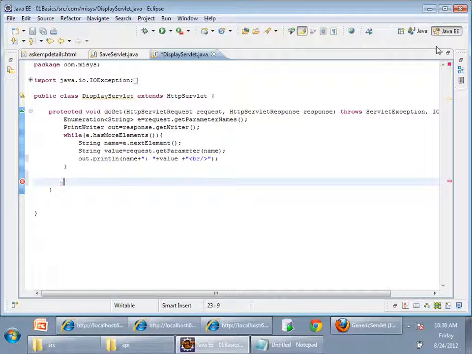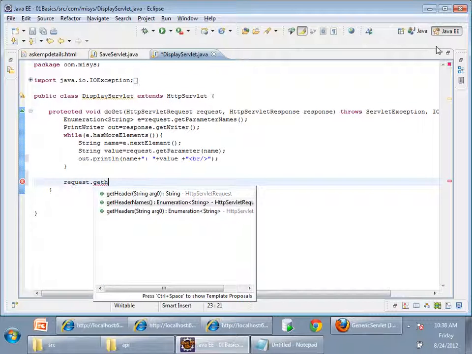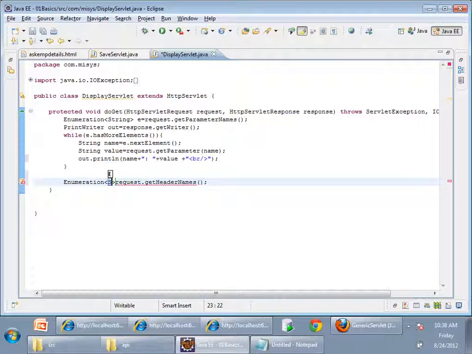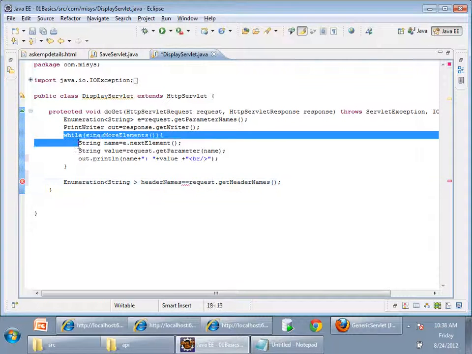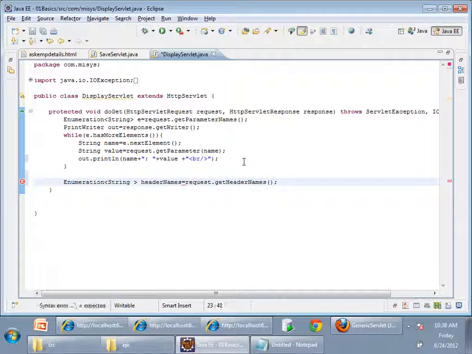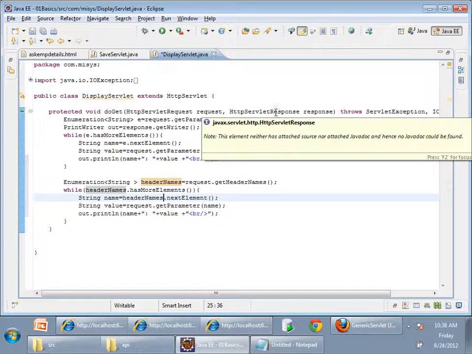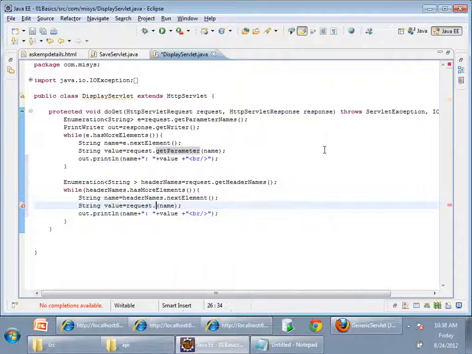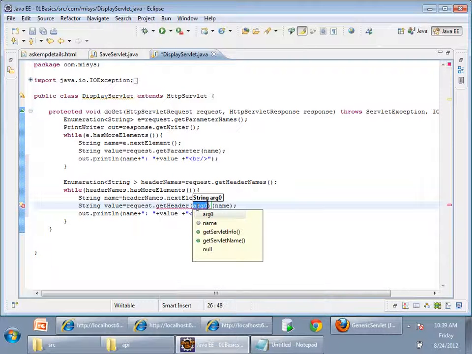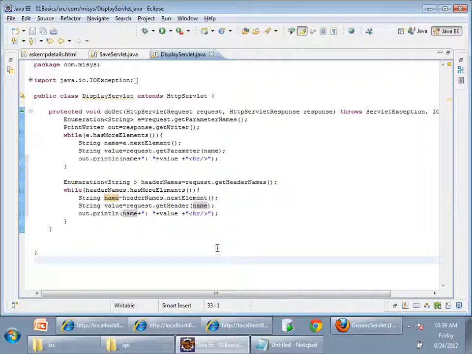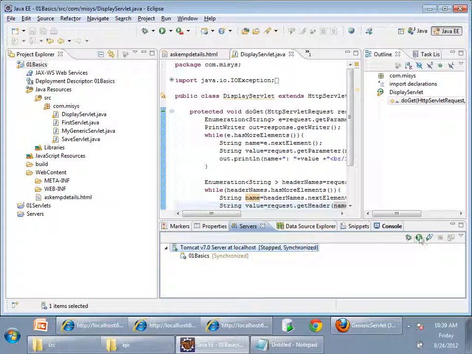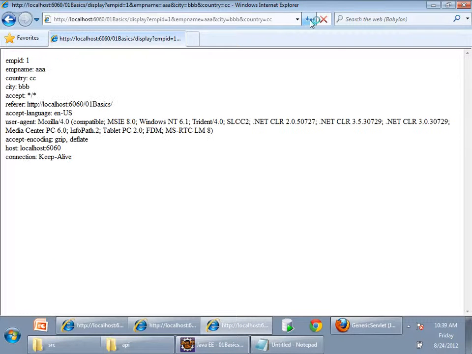While request dot get header names, again I got an enumeration of string, header names. Okay, now I will just refresh the same page. Yeah, see,